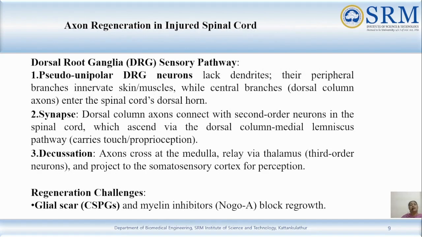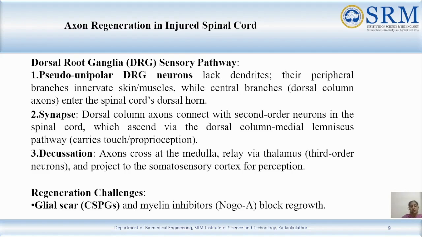So next, coming to axonal regeneration in injured spinal cords. In general, if we look at the dorsal root ganglia sensory pathway, the pseudo-unipolar DRG neurons lack dendrites. Their peripheral branches innervate the skin and the muscles, while the central branches, which are composed of the dorsal column axons, enter the spinal